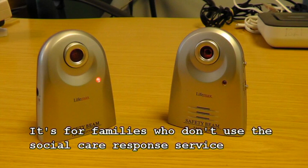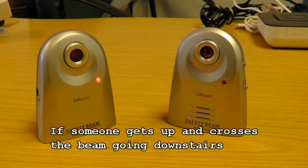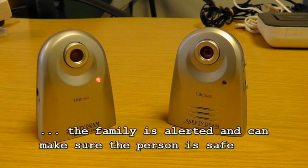This is a sensor beam for people that don't want any input from social care response service. This is to alert anyone who's maybe getting up and they're frightened, maybe their family member's going to go down the stairs. Whenever they cross this beam, it activates. I'll just show you how it works. You cross the beam,